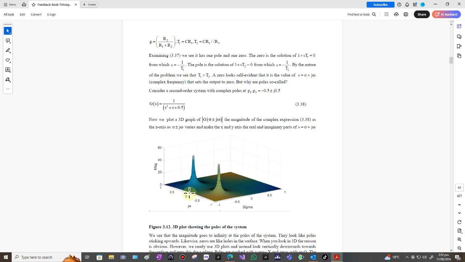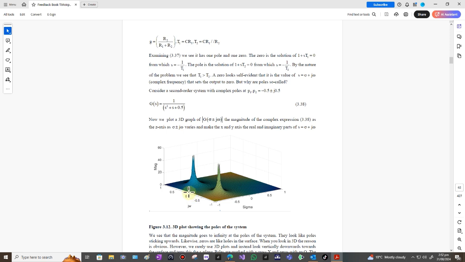But if you can imagine the front of this, as if this was like a thing for a fish tank, and you followed the contour of this graph from here to here, just in this plane, then you would actually see the frequency response. It doesn't go to infinity because we're not going deep into here. We're not plotting it along sigma is minus 0.5. We're plotting it down here at this